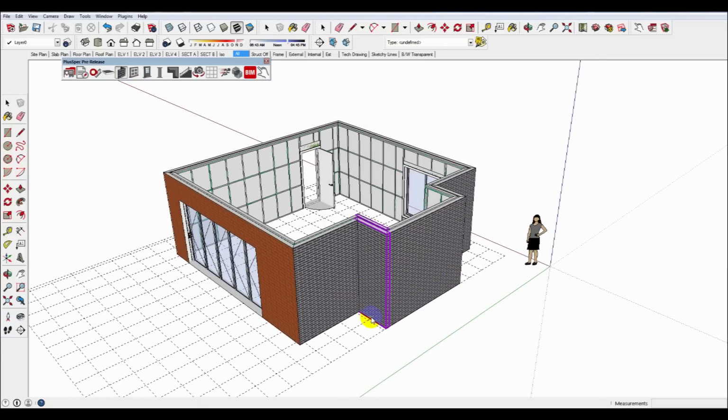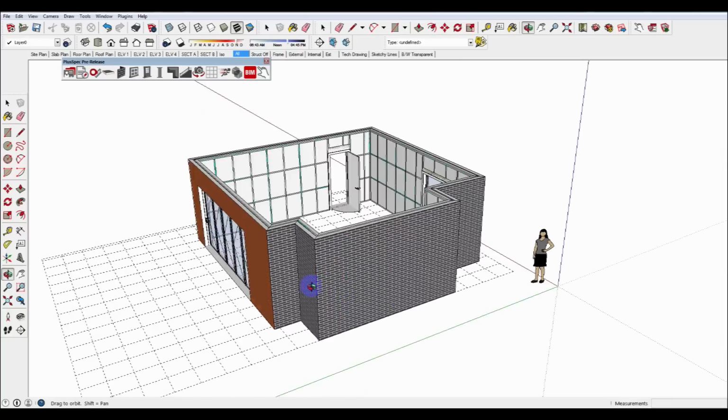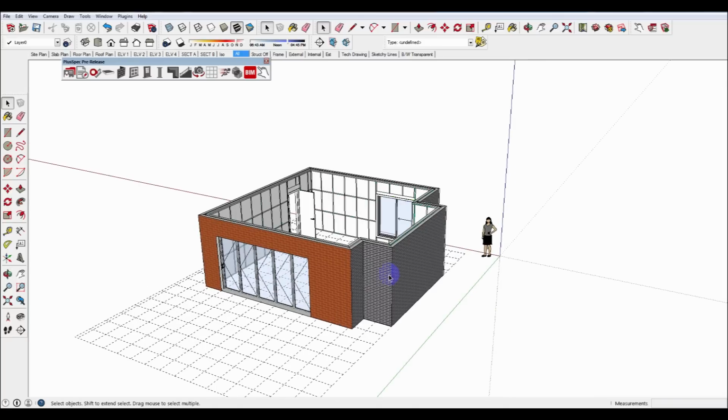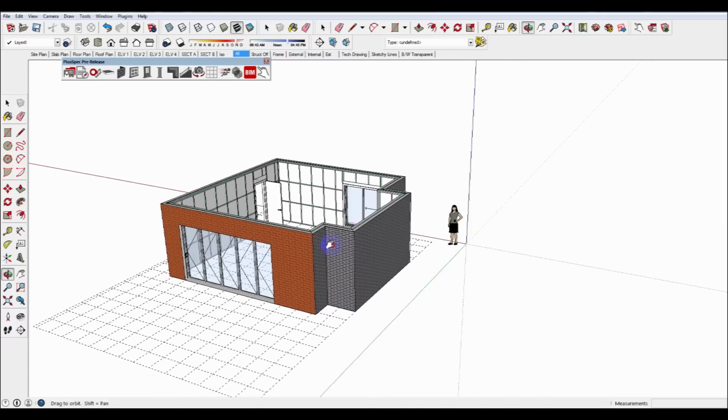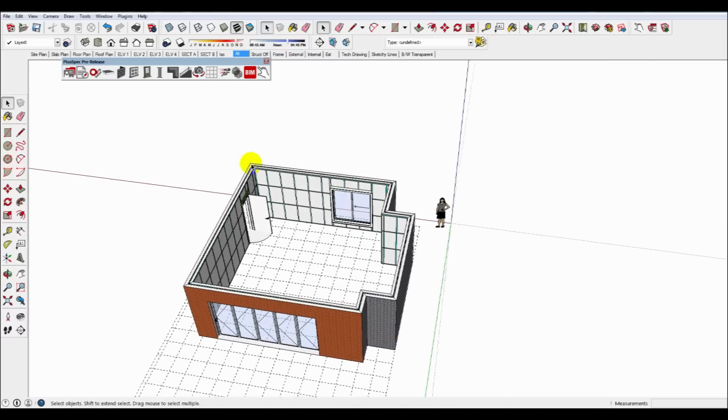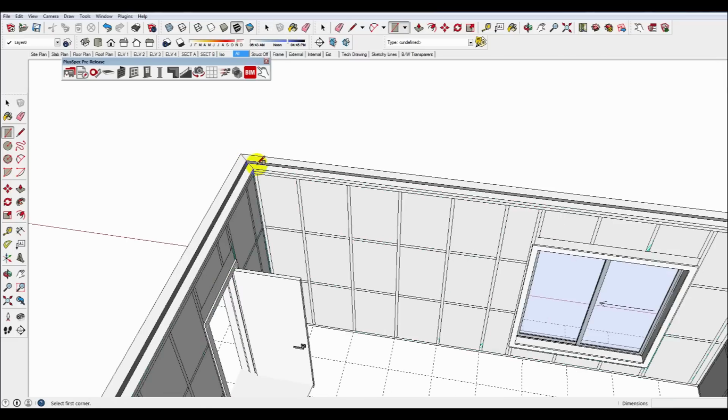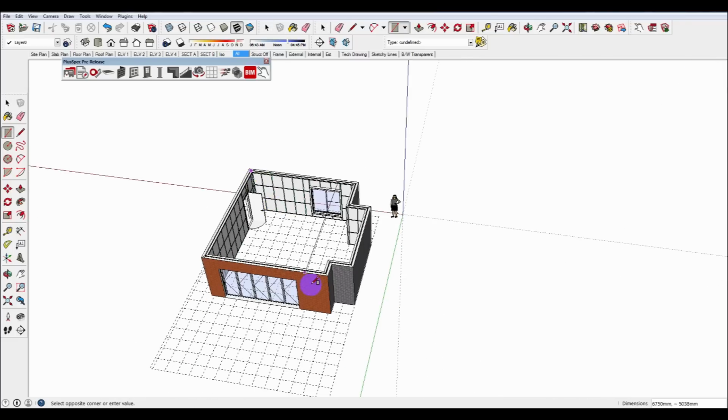Now I'm not getting into too much design here, guys. I'm just drawing up something really basic, but whether you're doing a commercial building or a residential construction, you can do this very quickly. Now if I want to create a roof for that particular type of wall, I can then go in and do my rectangle again, which is inside of SketchUp,